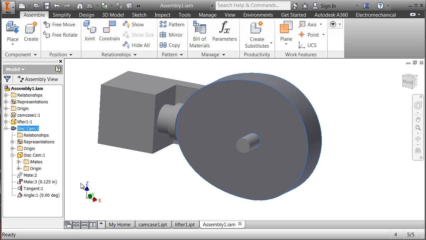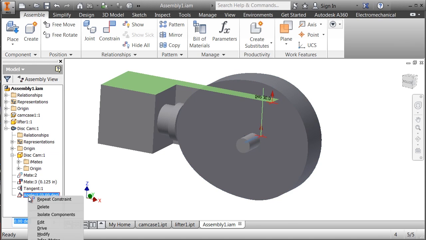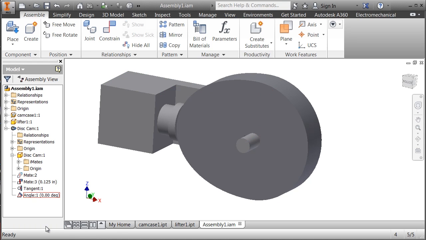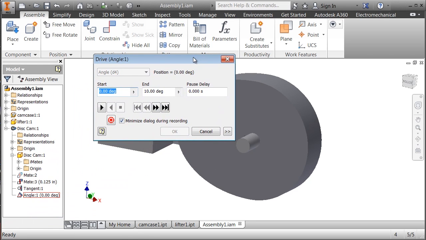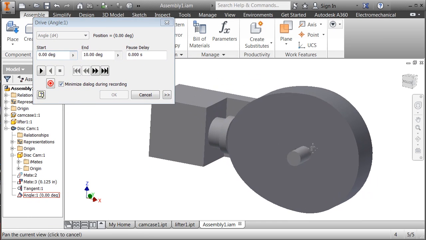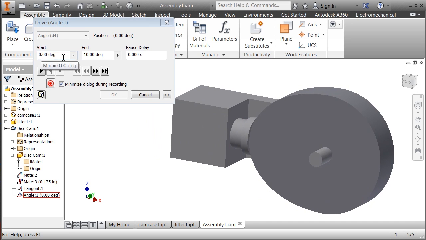So we move our cursor over to the angle 1 constraint in the part tree, right click one time, and we'll left click on drive. And the drive dialog box will appear. And if we are to just use the defaults, you can see that it'll start at 0 and end at 10. So let's push that and see what happens. Oh, that was exciting. Okay, so we'll back her up there, and let's enter in here 360, add a couple zeros, and then we'll left click on forward,